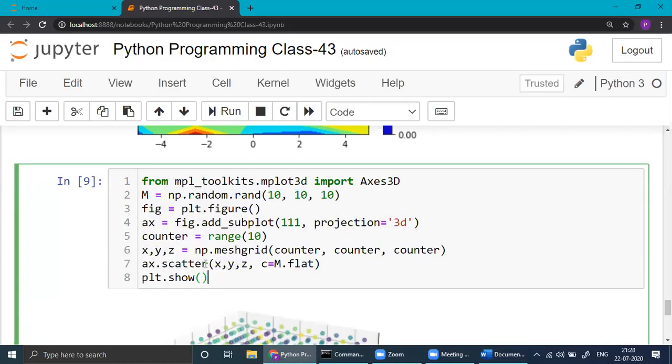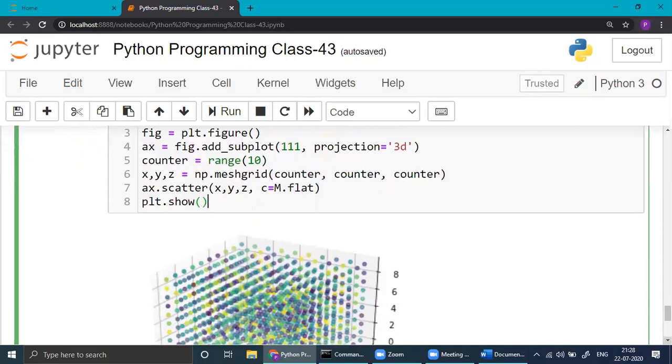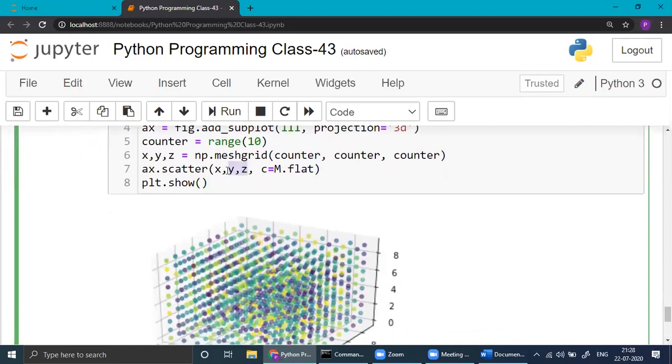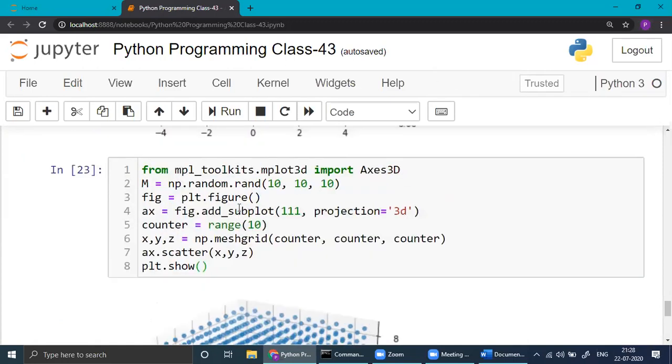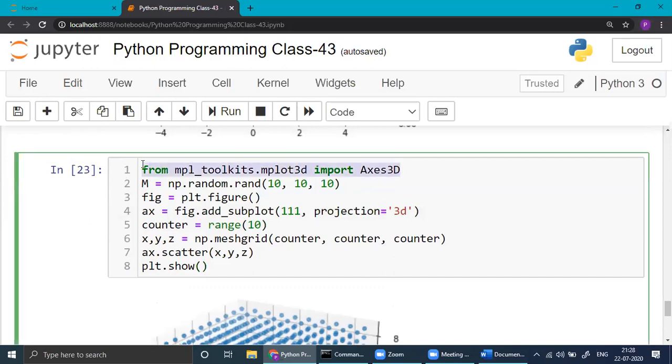here you write scatter. We already know scatter plot in 2D. In 3D, if you draw a scatter plot, you have to write all three. See, that way you got this. But how many points do you have? Row, column, I think 10 cross 10 cross 10, 1000 points are here. For the time being, if you want to see it this way, why write more and make things complicated? See the difference. We started with a 2D plot. For 3D, you need extra functionality.